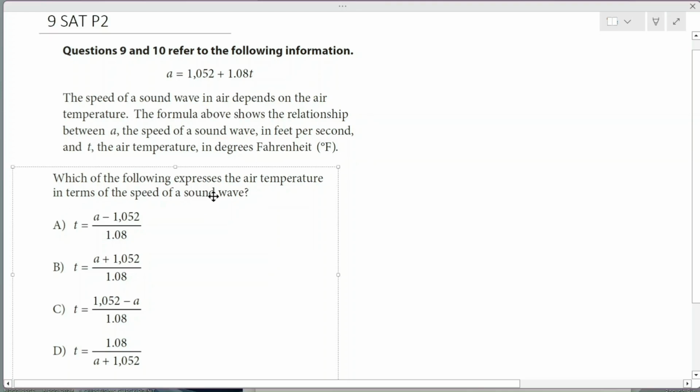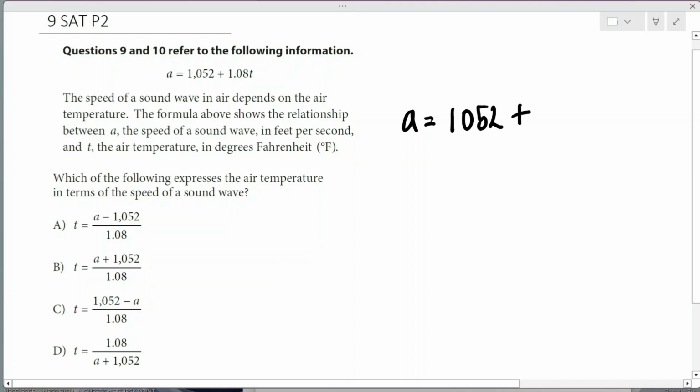Which of these following expresses the air temperature in terms of the speed of a sound wave? Sometimes the options might help you to know what to do. It's just making T the subject of the relation or subject of the formula. This T is the air temperature. That means we are trying to make the air temperature, which is represented with T, the subject of the equation or formula. So we have A equals